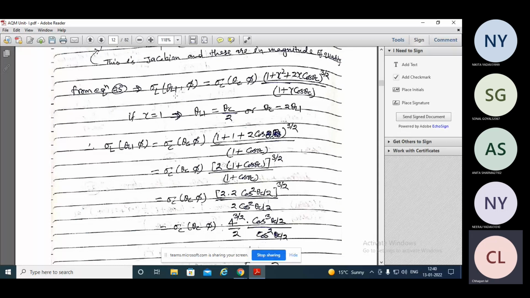sigma L is the function of theta L1 phi. Now this is the differential scattering cross section in the C plane, then 1 plus gamma square twice gamma cos theta to the power 3/2 over 1 plus gamma cos theta। ठीक, if gamma equal to 1, ये कब आएगा जब m1 equal to m2 है, यानी कि both particles masses are same। So then one more condition from the last topic,